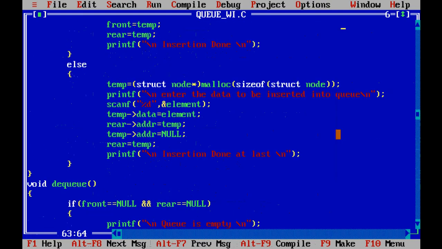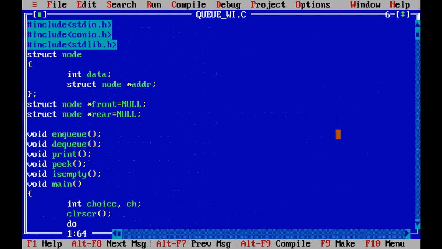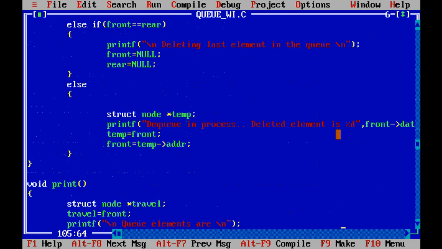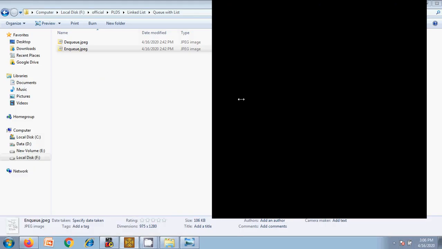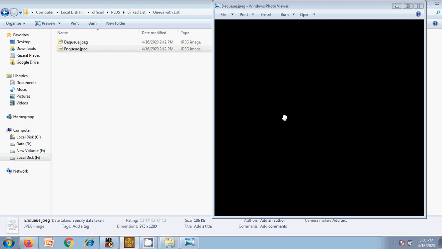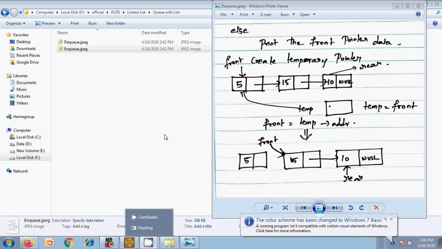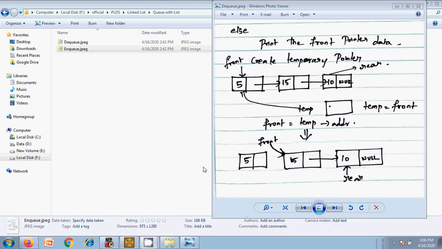So I hope everything is explained, which is almost similar to the linked list implementation, right? So you can easily try and work with a queue implemented through a linked list, right? So with this I'll close this video. The rest of the topics will be discussed later. I request all to implement the same concept of linked list, the same concept of implementing a stack with the help of a linked list, so that you will become aware of how a linked list works, right? Thank you.